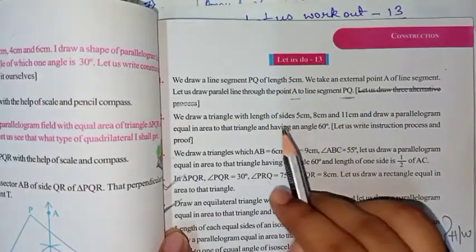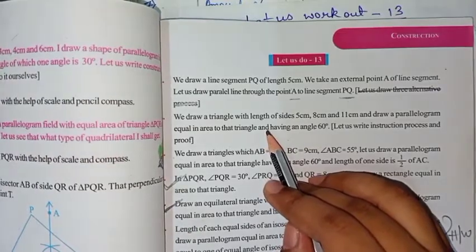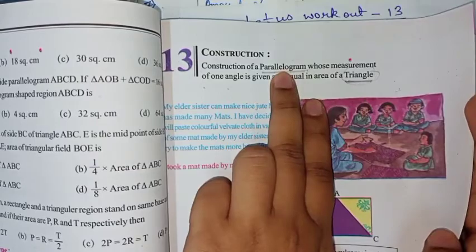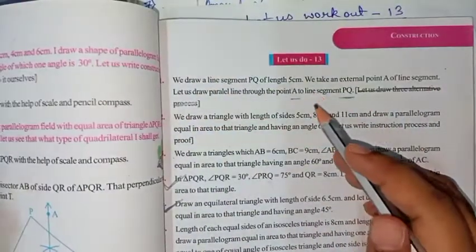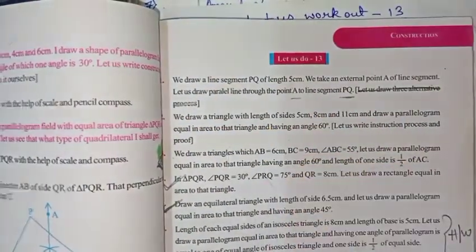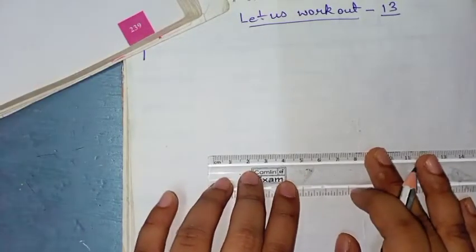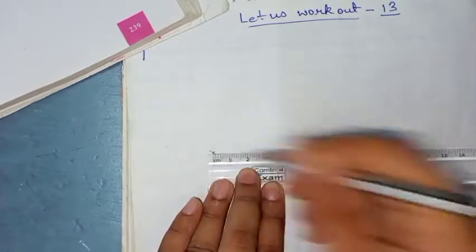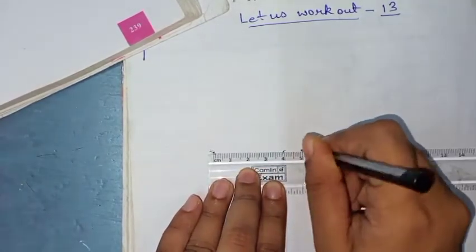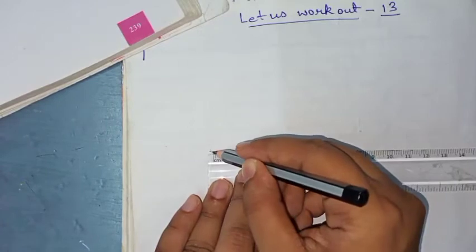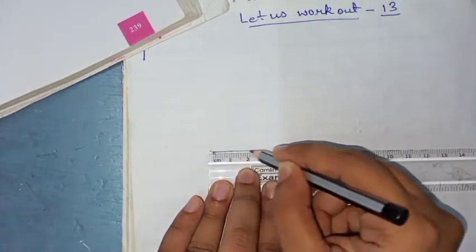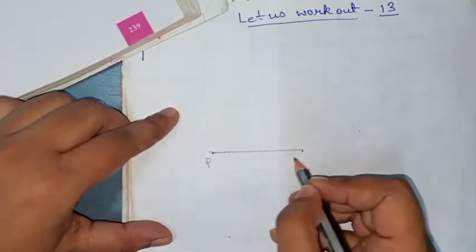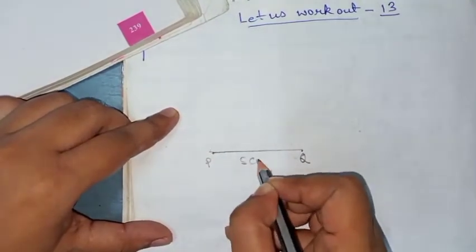Using one process you have to draw, but this one is not related to this exercise, okay, because in this exercise they are telling you to draw a parallelogram from a triangle, but since they have given us this, we have to draw this one. Let us start. First of all, class 9, we will draw one 5 cm line, okay, because it is given that PQ is of length 5 cm. So I am drawing a 5 cm line. I will give P and Q and 5 cm.